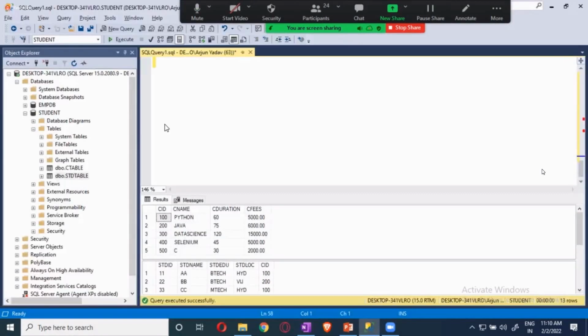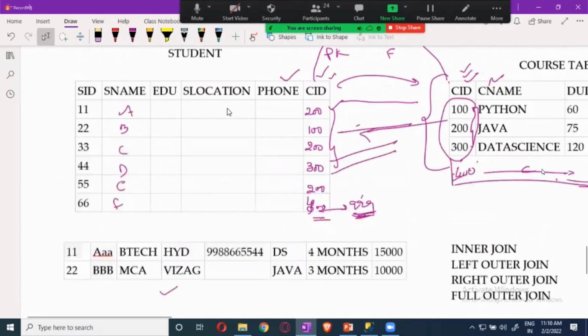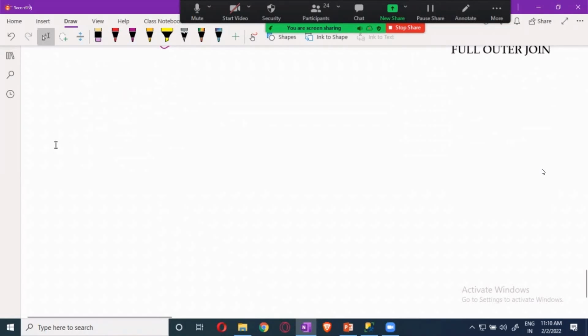Let's do the views. Views is a smaller one, we can finish it off quickly, and then we can talk about the primary key and foreign key. There is something called a view. It is actually an instance of the original table. Original instance means it is a virtual existence of the original table. So it is a virtual instance of the original table.